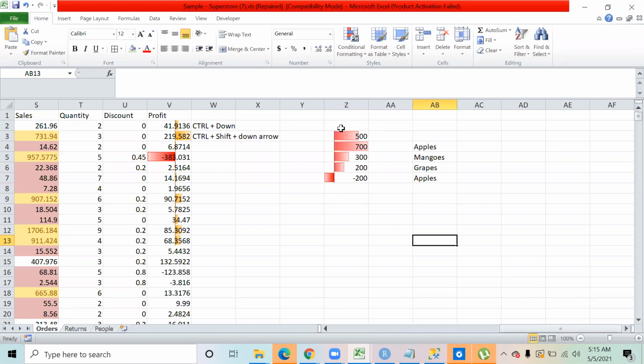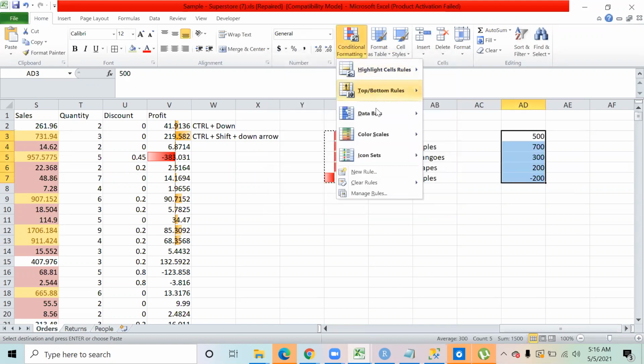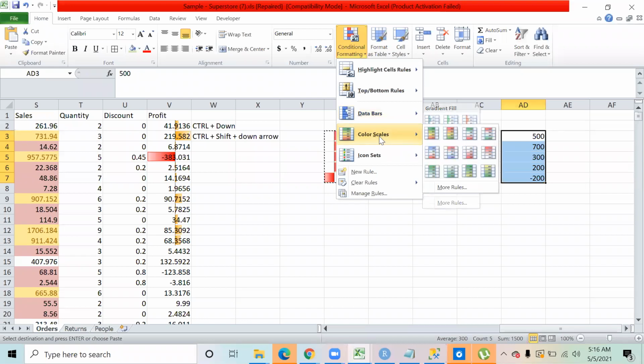Because everything seems to be in the same color, right? I want the positive numbers in green and the negative numbers in red. For that, we have another scale. Like if I just copy these numbers over here, right? So if you come into conditional formatting, this was data bars, and you were talking about color scale. So if you come to the color scale, this is what we have.